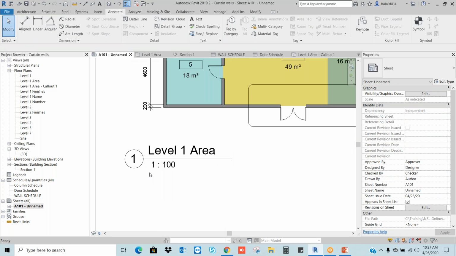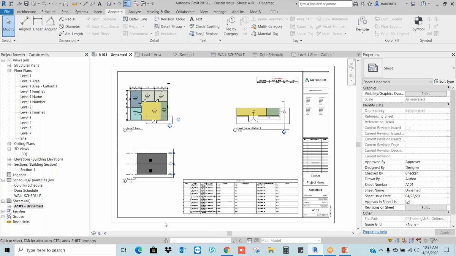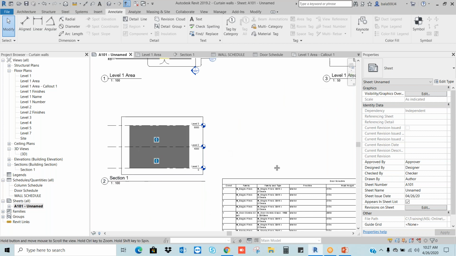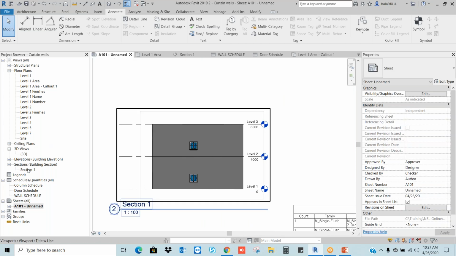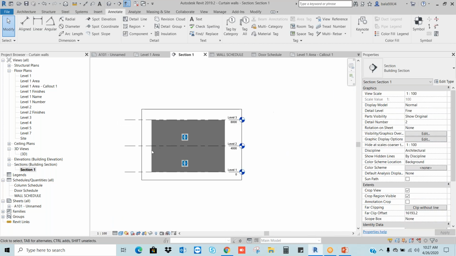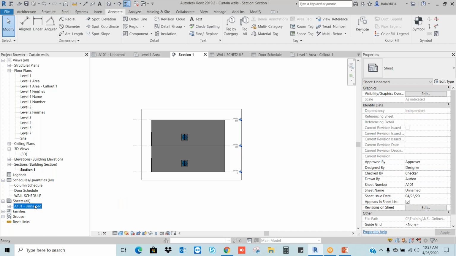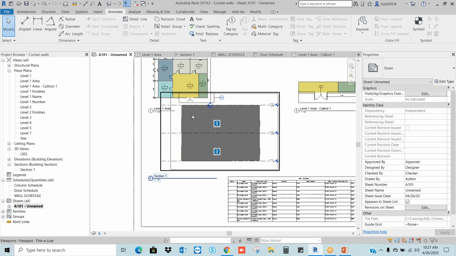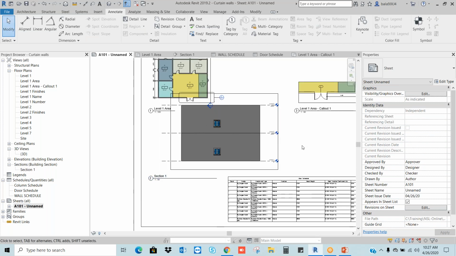Then how can I change my scales? Let's say this is the section. I'm going to the section here, section number 1. Here I want to make it 1:50. When I change the scale in the control bar, it will directly get updated in the sheet. See, the scale has increased.